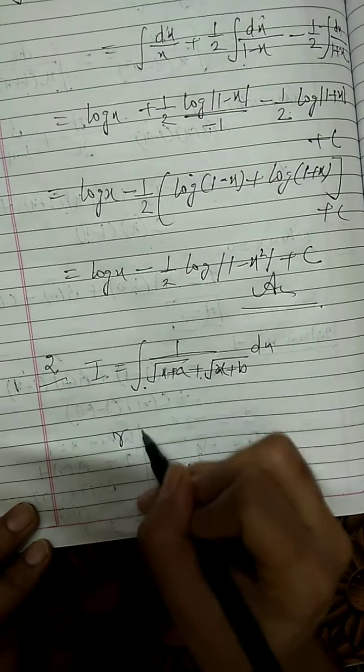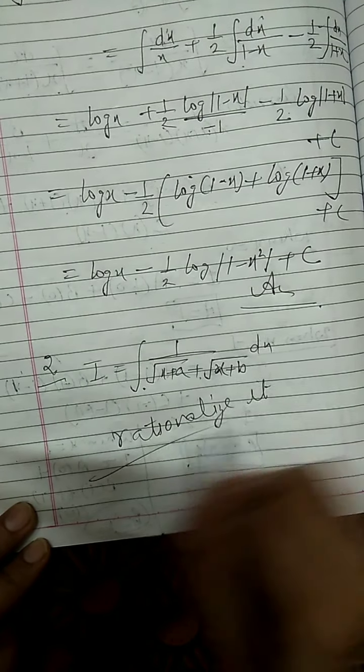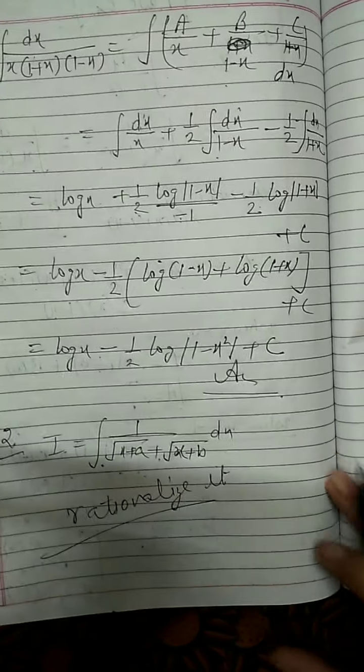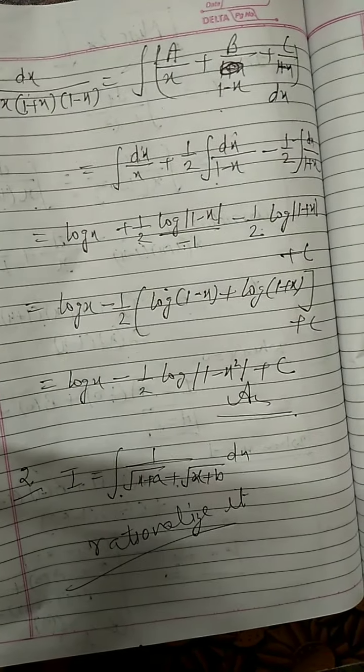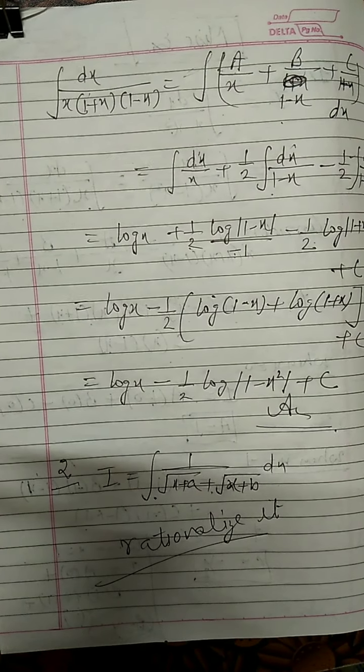So here you people will rationalize it before integrating, okay, and then the sum can be done easily. Now sum number 3, hint is already given, you people can easily do that, and now we will discuss